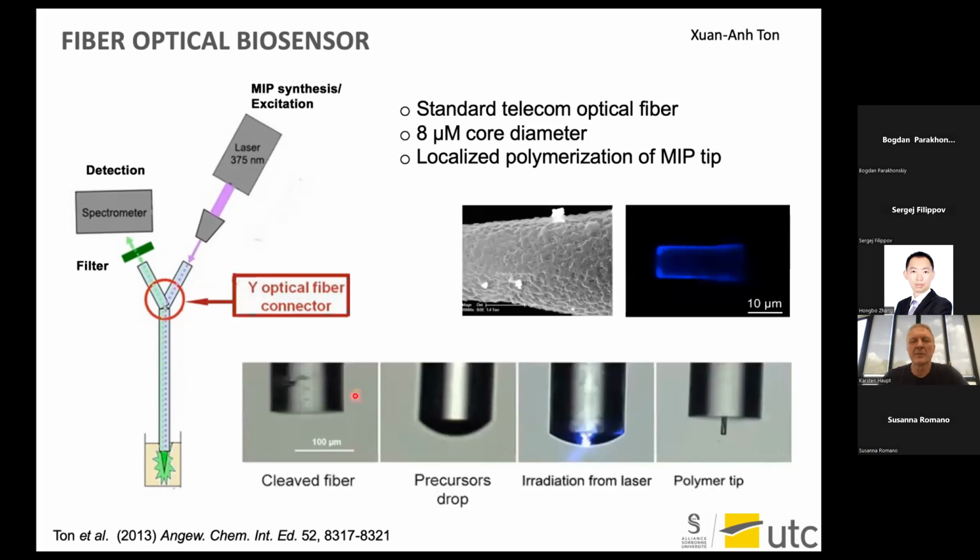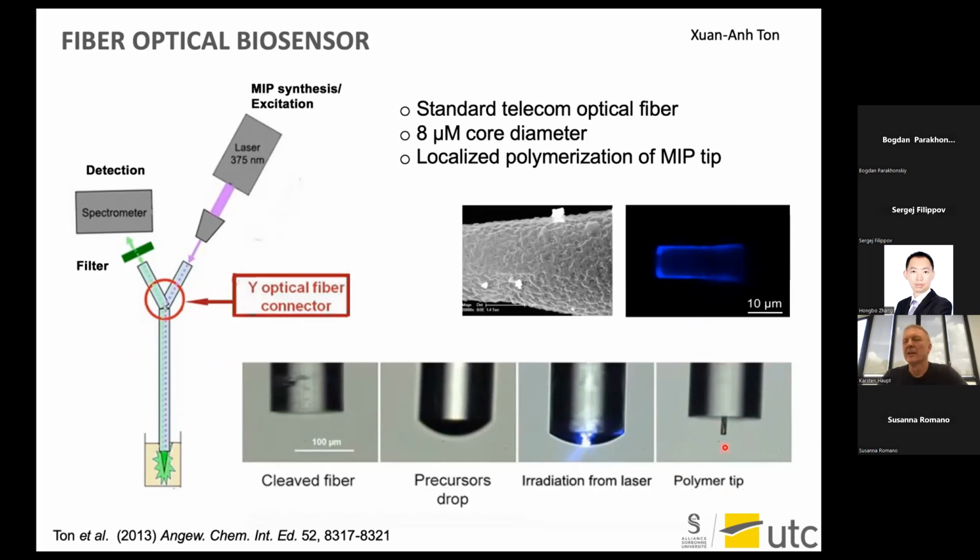So here you can see the cleaved fiber. This is the drop. We just need to put a little drop of polymer precursors, and then we start the laser, and we will end up with a very small polymer tip, which you have here. This is a confocal microscope image. It only has fluorescence outside because we actually use a core-shell format. So we first make a tip, which is normal